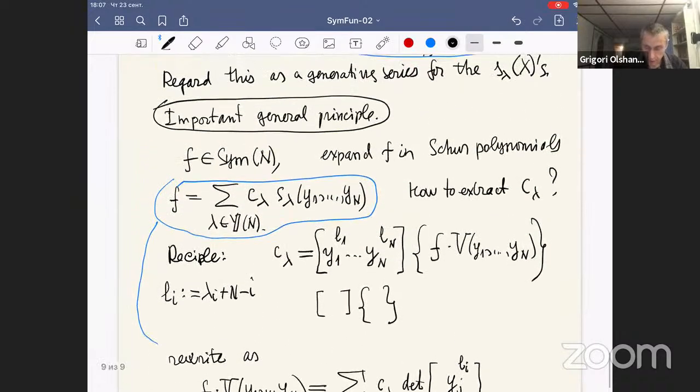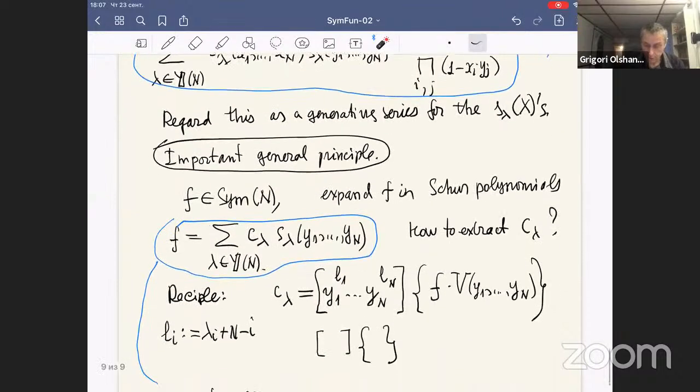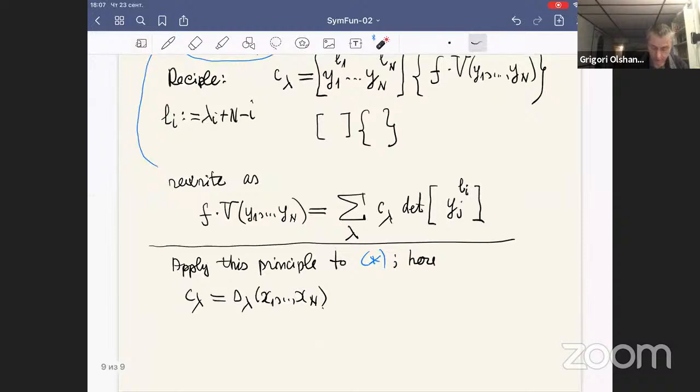So applying our principle to this formula, we get C sub lambda, which is equal,